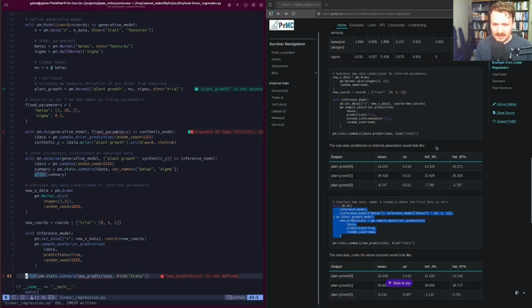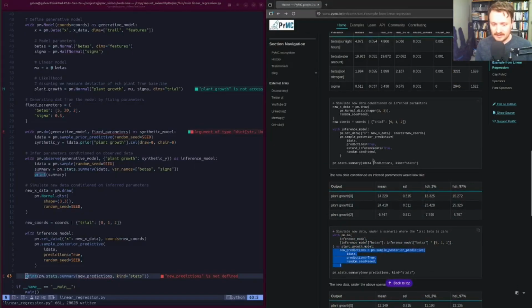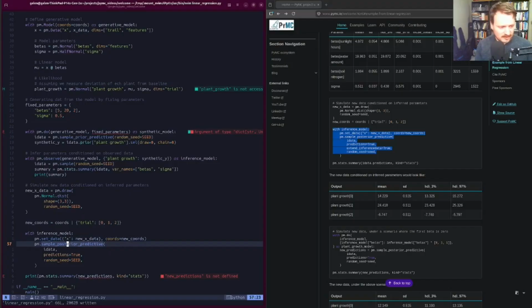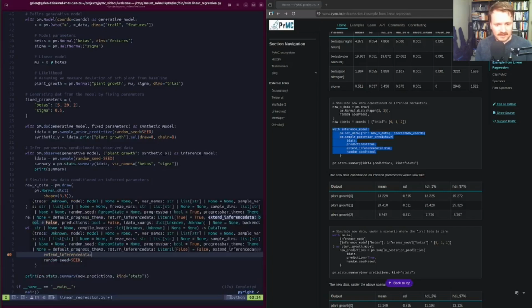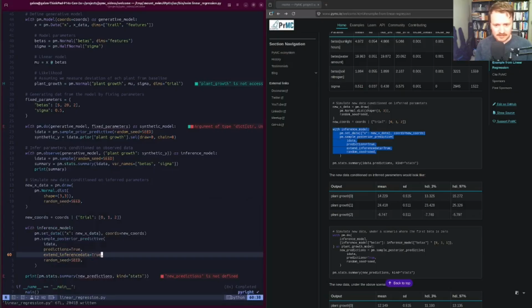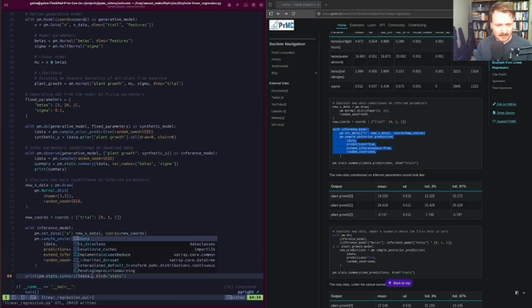Sometimes I make this mistake of jumping my eyes too far down where I was reading, and I'll try to make it a little bit less, but I actually want to read and go through this. So let's fix that. We have our sample posterior predictive, we have our inference data, we have predictions true. We want to extend inference data true. Also still pass in our random seed. And here, instead of new predictions, which won't exist yet, we're going to go inference data and grab